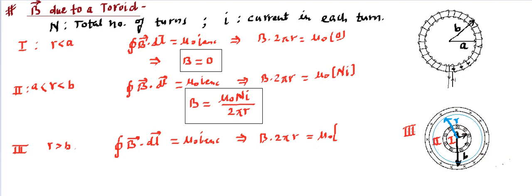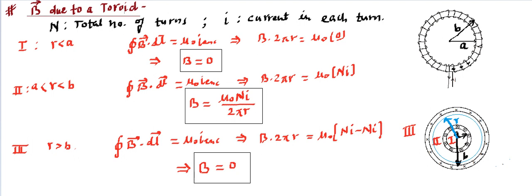So we will say the total current Ni will be positive, as well as the total current Ni is going to be negative. So this positive and negative will get cancelled out, and this will lead to a final answer, that is B is equal to 0. So the magnetic field outside the toroid is 0, and inside the toroid is also 0, and in between the tube you'll find it's going to be mu naught Ni upon 2 pi r. So that's an important formula, and you need to remember that.